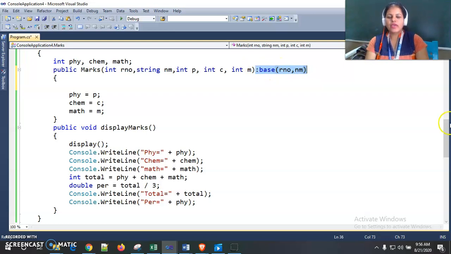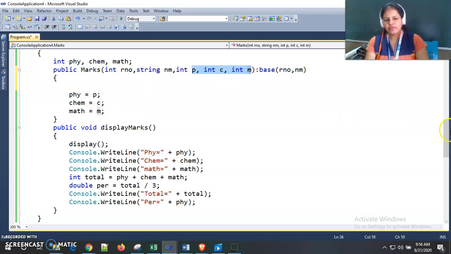Means while creating our derived class object, we pass 5 arguments: 2 arguments of the base class and 3 arguments of its own. From these 5 arguments, the first 2 I want to pass to the base class constructor, and the remaining 3 I am using for the derived class constructor.